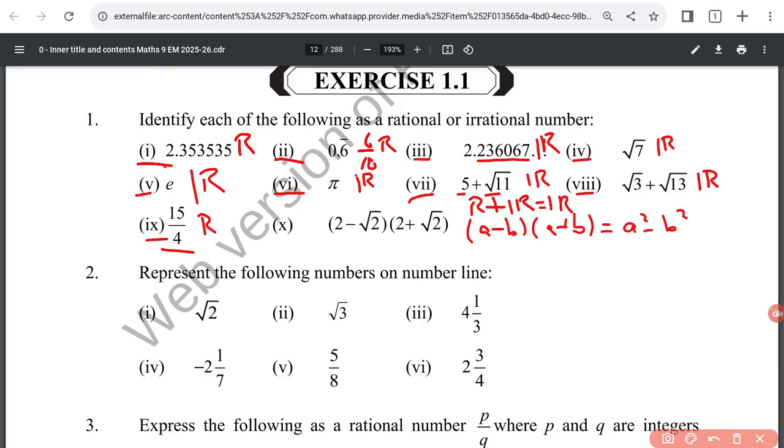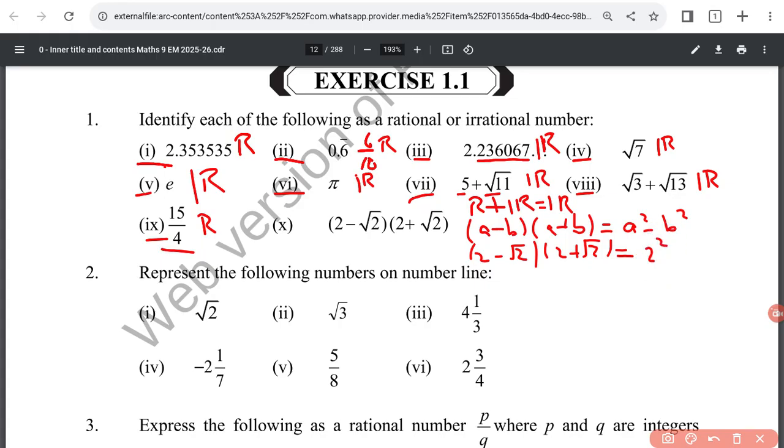Similarly, (2 minus square root of 2) multiplied by (2 plus square root of 2) is also equal to